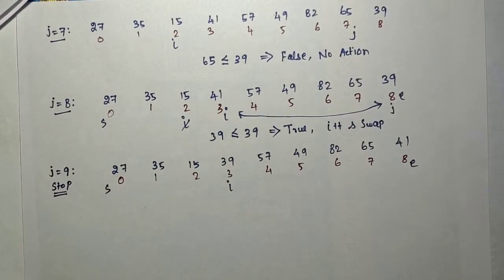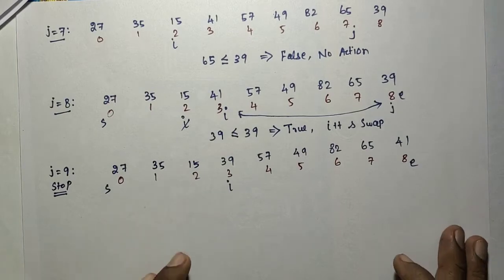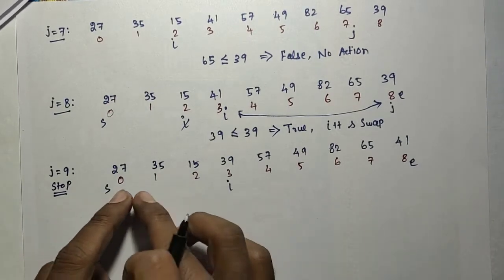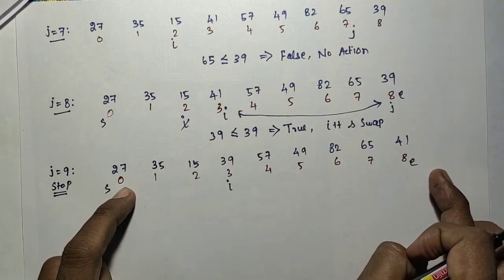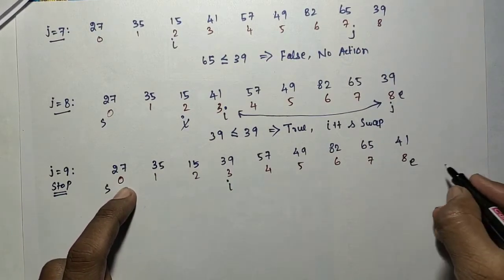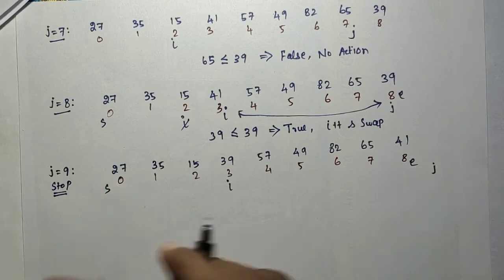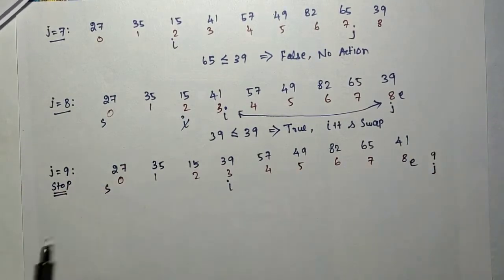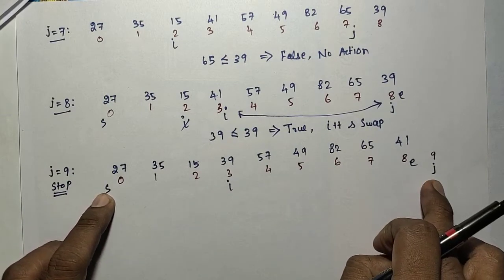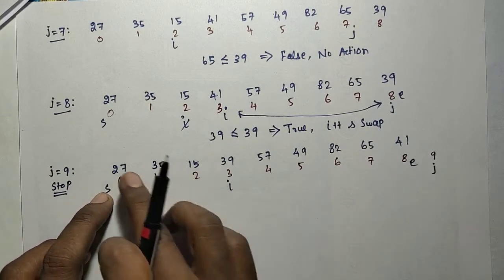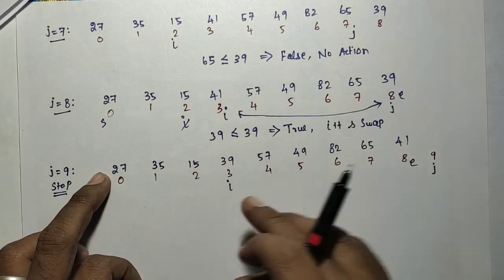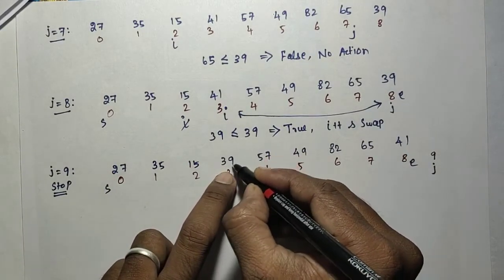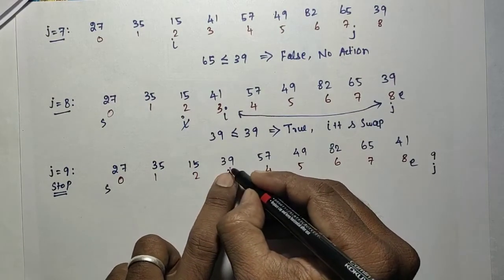Okay, so stop that iteration. This is the end of that iteration. At the end of that iteration, if you observe this array, this is the current i, and j will be moved to the 9th position. It will be stopped. This is the start and this is the end. This is the j value, this is the i value. If you observe that element's value, the ith value it is pointing to now contains that key element 39. It means that 39 is sorted.